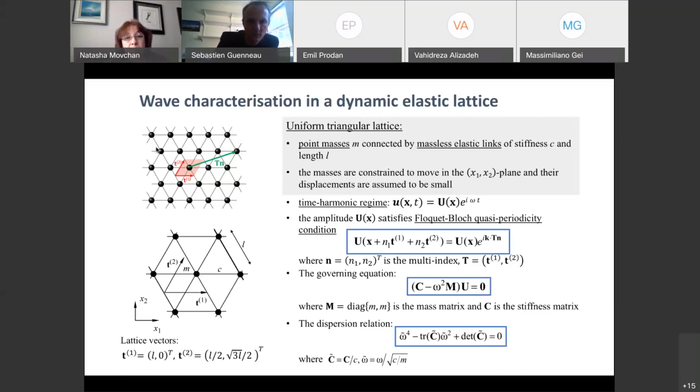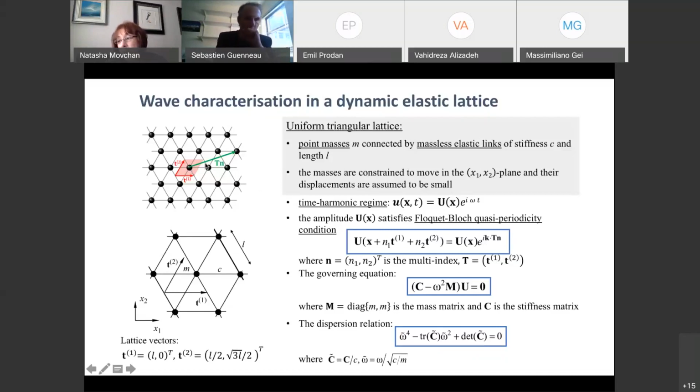We will be looking at a time harmonic regime, so we will assume that there is a specific dependence on time by this factor, where omega is the radian frequency. We will use the fact that we have a periodic structure, and we will look at so-called Bloch-Floquet waves, where we will employ the quasi-periodicity condition written down here, which allows us to rephrase everything which happens in the neighboring cell to what happens in the chosen central cell, as it says here.